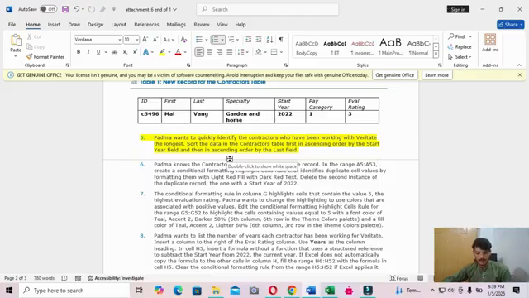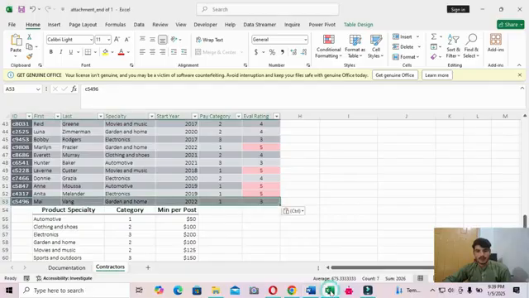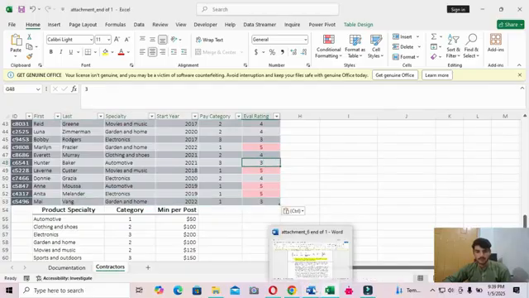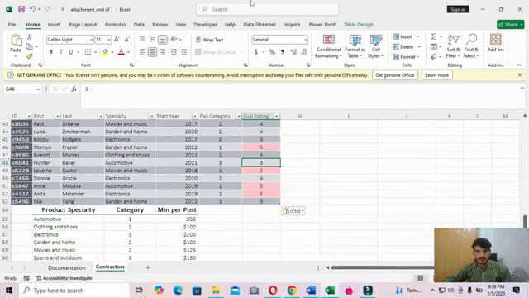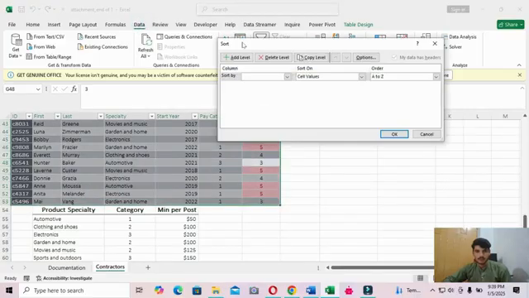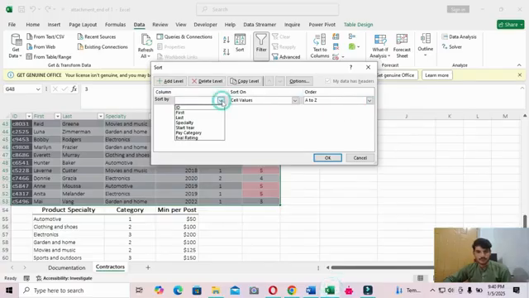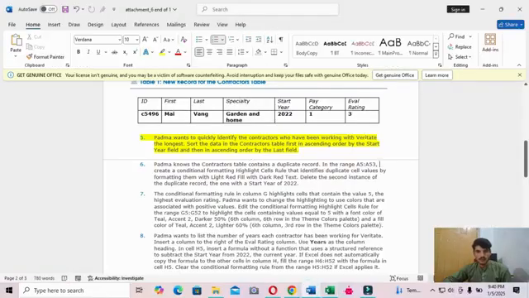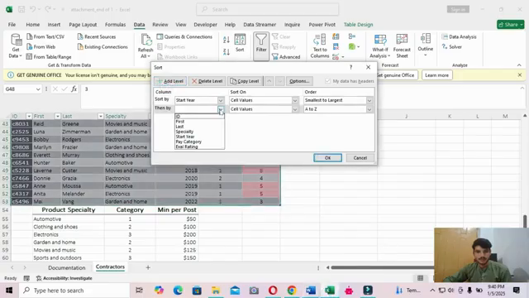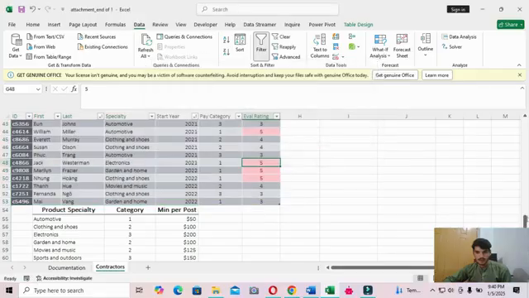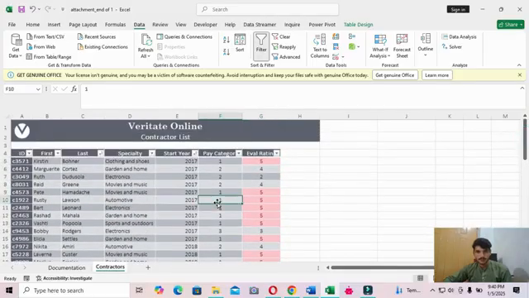Okay, go back to the Excel worksheet, click anywhere in the table, go to the Data tab and click Sort. The first condition is ascending order by the Start Year field, and then ascending order by the Last field. And then click OK. Okay.